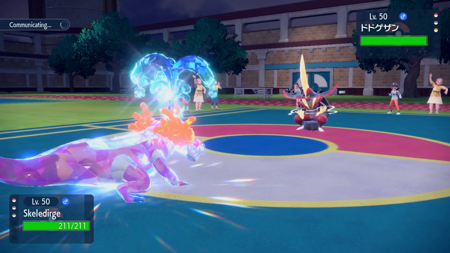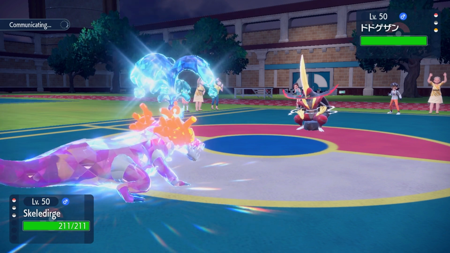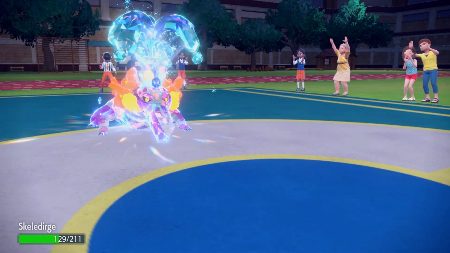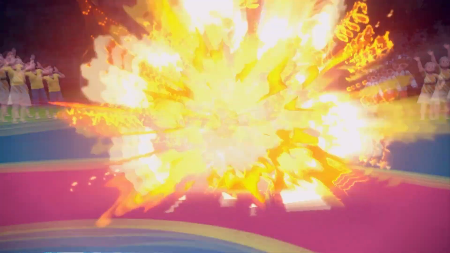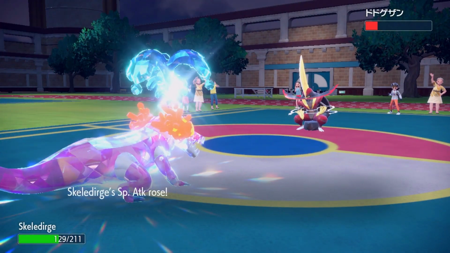If I lose to another one-hit KO move, dude, oh my god. I should be faster, though. Torch Song will do a lot, though I don't think it'll kill. Oh, they go Kowtow Cleave, I think that's how you say it. That does a lot of damage. That does a lot of damage, wow. Because of Rocky Helmet, though, I think I'm free to just Slack Off. And then they eventually maybe kill themselves with